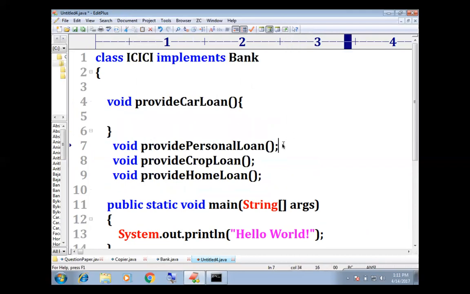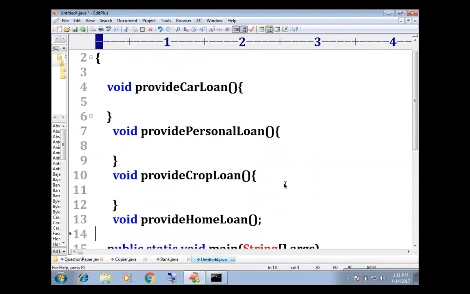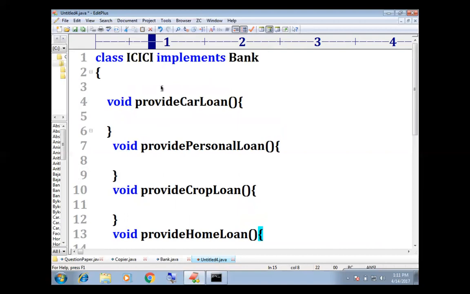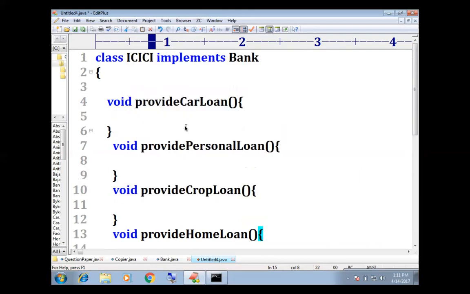Remember, if any class is providing the implementation for an interface, then the class has to provide the implementation for all the abstract methods. Otherwise, simply declare the class as abstract. Just for demonstration, what I'm doing is I'm writing